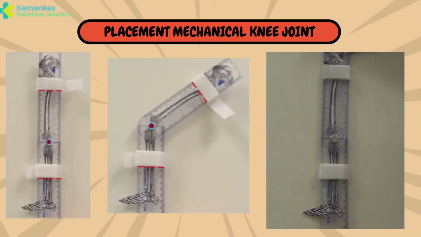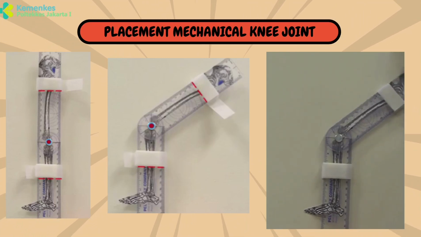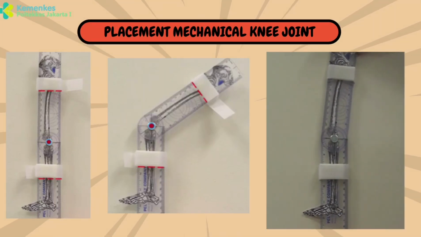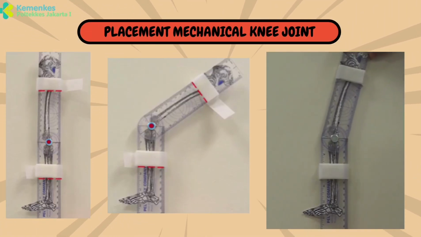As you can see in the picture, this is the correct placement of the mechanical knee joint. As you can see in the video, there is smooth clearance when flexing, and also no pressure and no gap on the proximal and distal parts. If patients have this condition, they will like using the orthosis and not abandon the device.